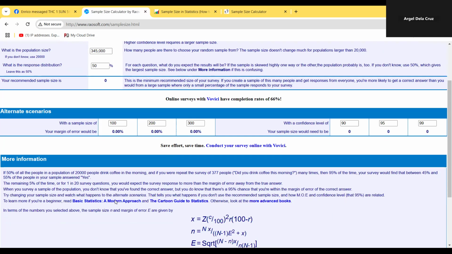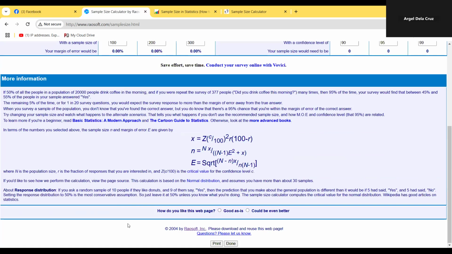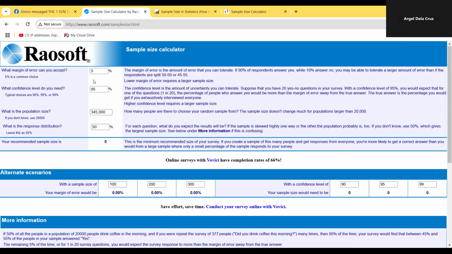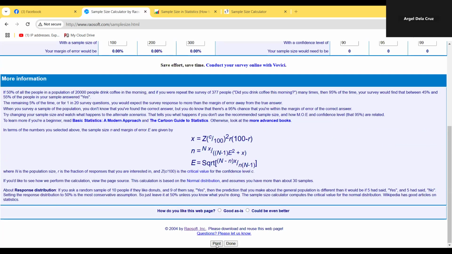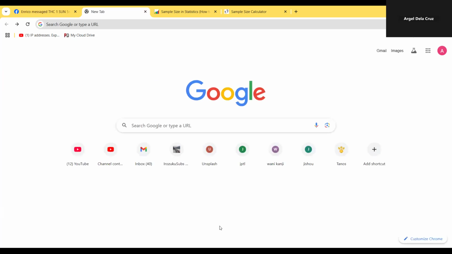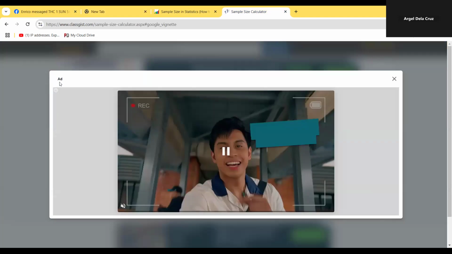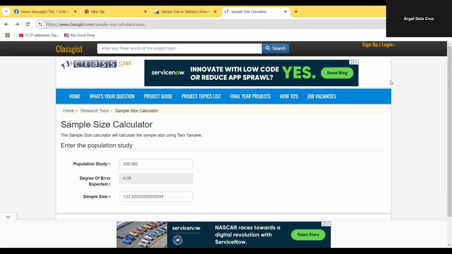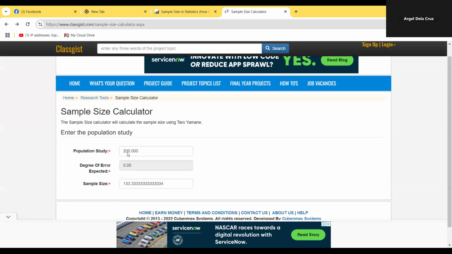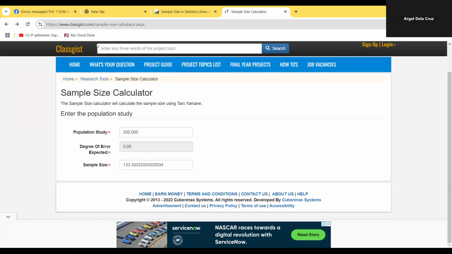Recommended sample size. Ah, saan ba natin? Done. Okay. Oops, nawala. Okay. But this one is good. Ito na lang. Okay. So para mas easy siya. Parang di ba nakita niyo naman kanina. So the link will be shared to you para madali niyo siya makompute. So what's the basis of this one?